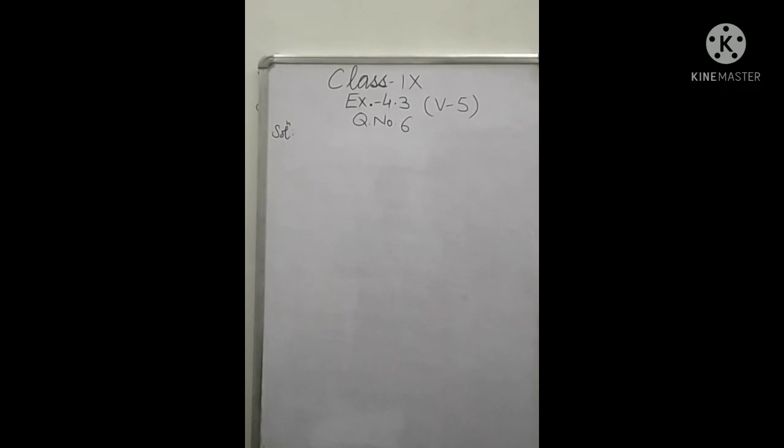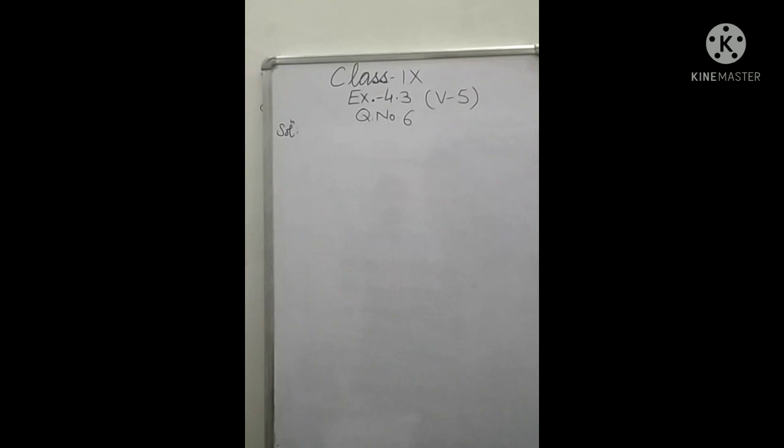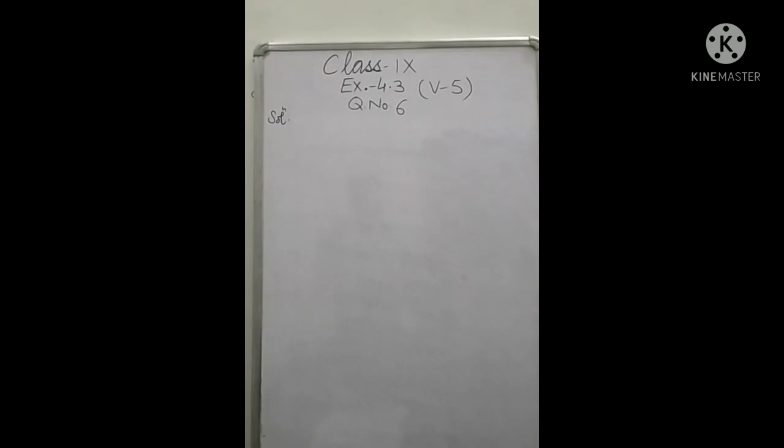Students, today we are going to start question number 6 of exercise 4.3. First of all, read the statement that we have been given. Take out your graph notebook also. Here the statement is, if the work done by a body on application of a constant force is directly proportional to the distance traveled by the body, express this in the form of an equation in two variables and draw the graph of the same by taking the constant force as 5 unit. Also read from the graph.